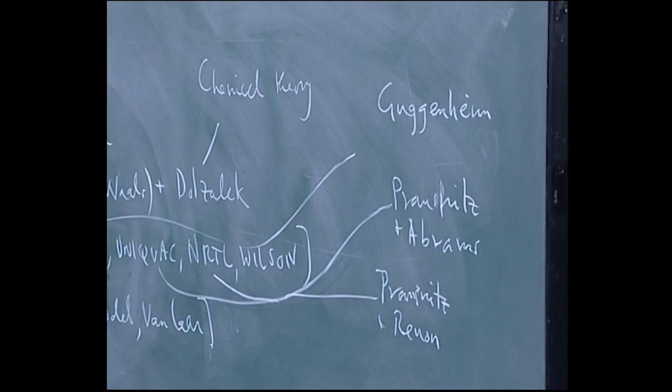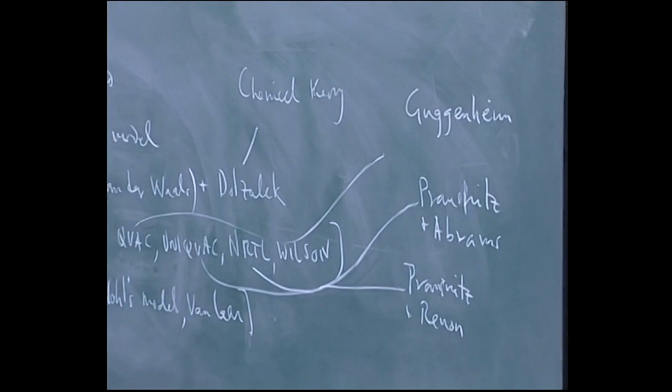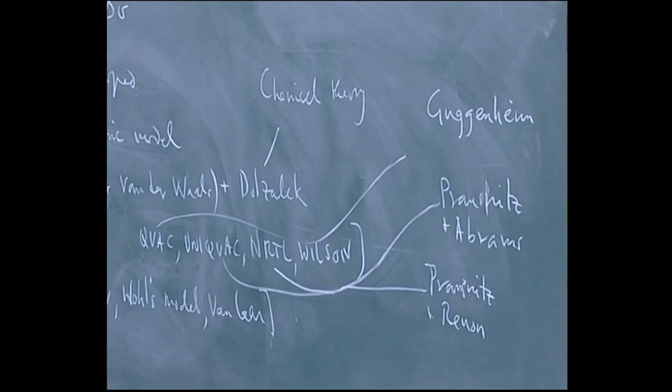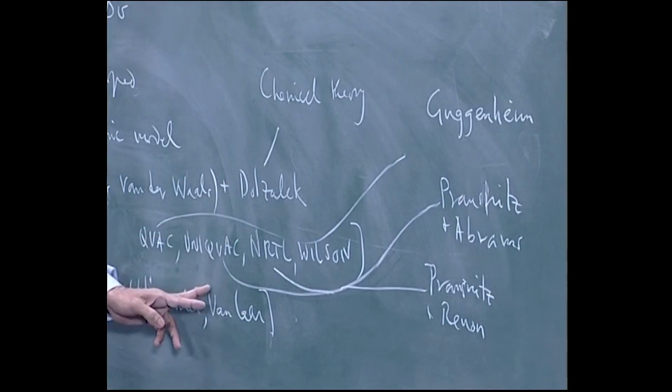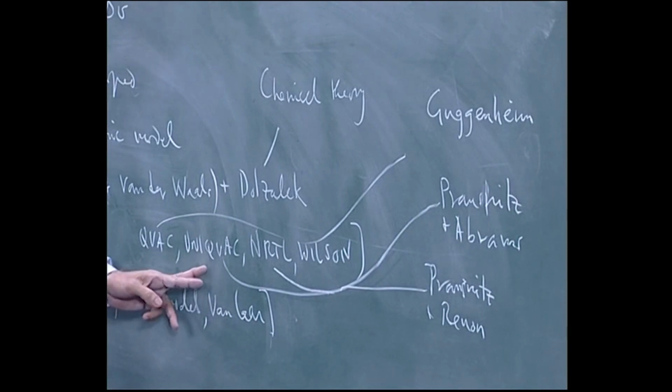So Prausnitz generalized this theory, again made a mistake, and ended up with two independent parameters that correlated data so well that you can't argue against UNIQUAC. I mean, if you say UNIQUAC shouldn't be used, people laugh at you. Then further corrections have been made. In fact, we ourselves have made the correction in UNIQUAC. There was a mistake. So we have got to what is called the